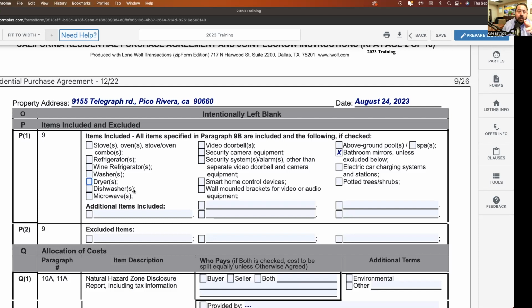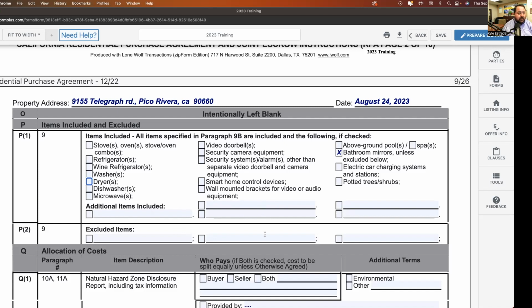Or they might say, hey, they might be open to it depending on your offer. If your offer is good enough, request it. Okay? But please, if you're assuming that something's coming, or if you know for sure it's been advertised that it's included in the sale, please check off the box. And this would be for anything that might be included in the sale that doesn't show up in this list.